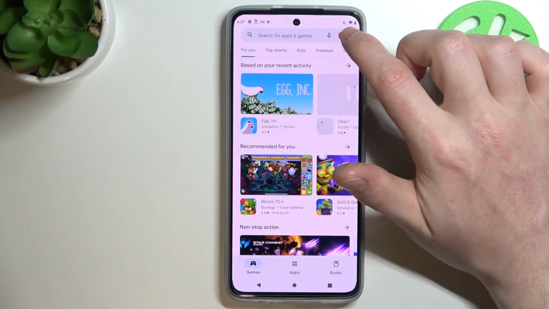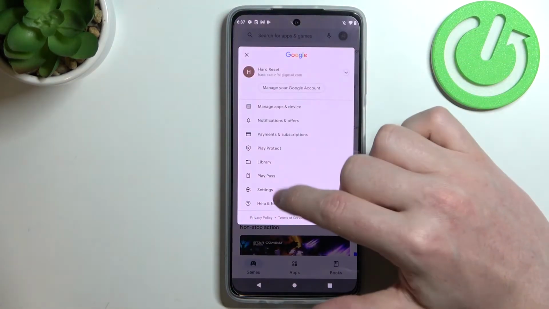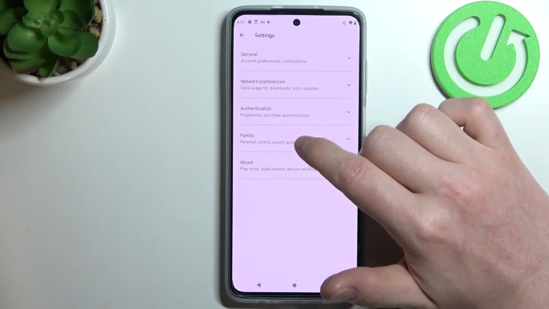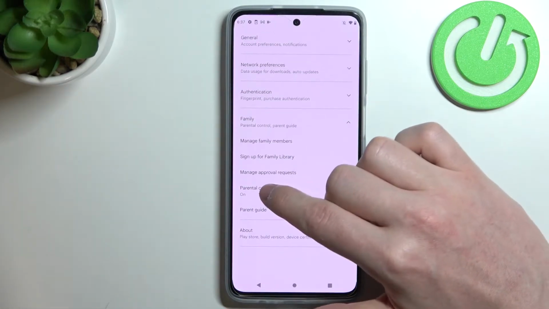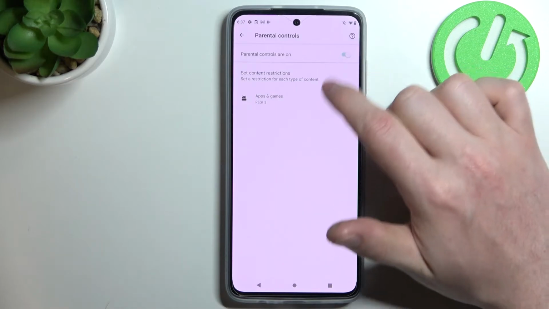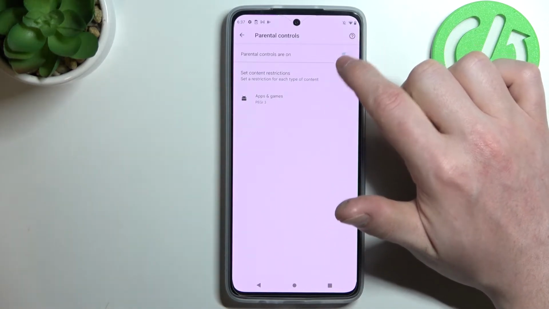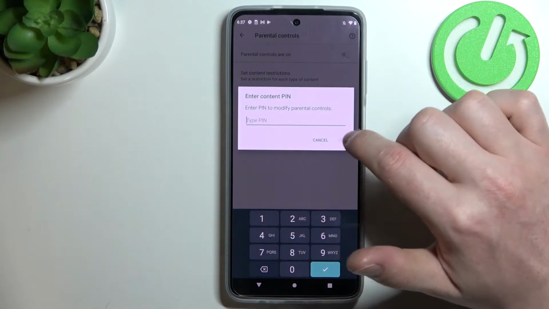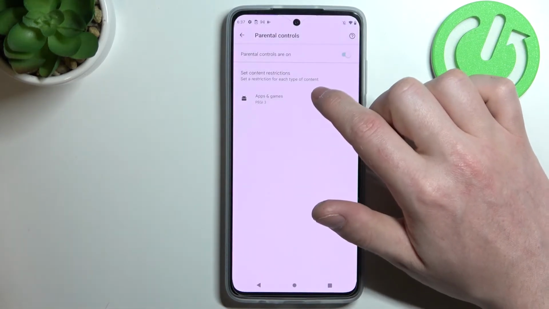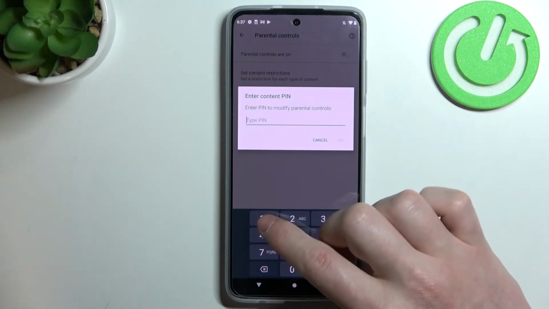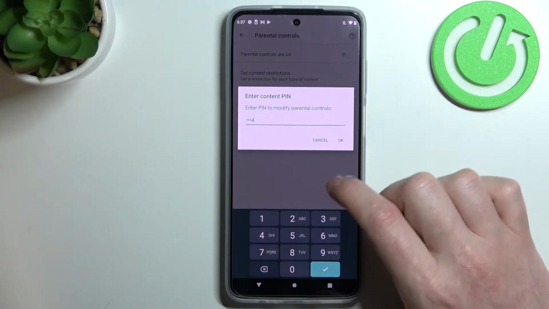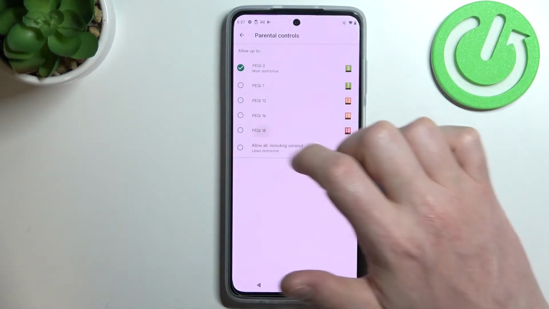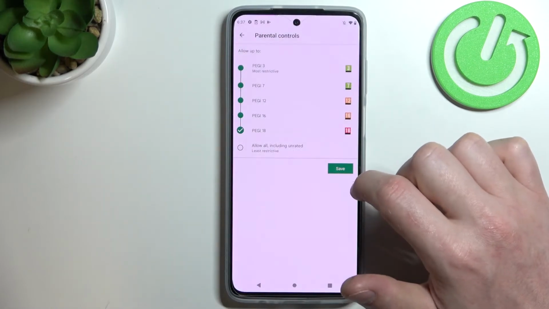And in order to fix this, let's move back, click on our profile icon, move to the settings, then family, go for parental controls, and there's two ways you can fix that. First one, disable parental controls entirely, enter your PIN, then OK. Next is to press on apps and games, enter your PIN code, click OK, and increase PGI to at least